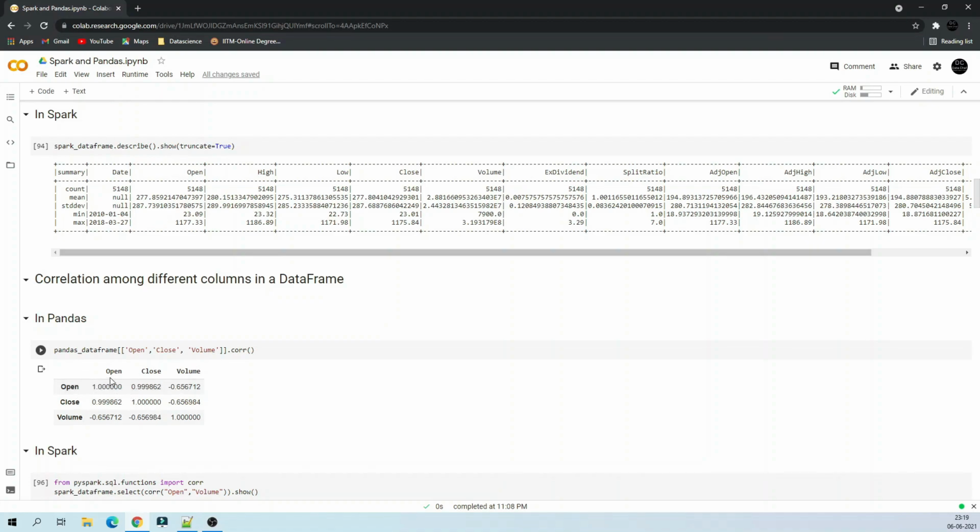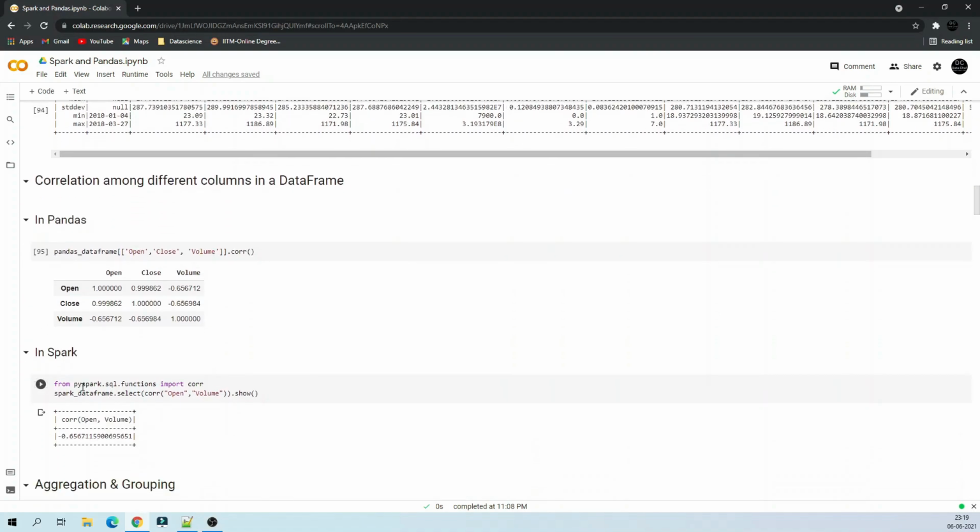If the open increases, the close will also increase, whereas open and volume are highly negatively correlated. You can see that if my open is increasing, my volume will decrease. So this is how you read or interpret the correlation matrix.